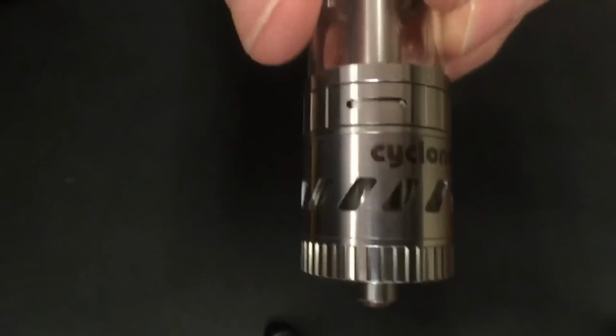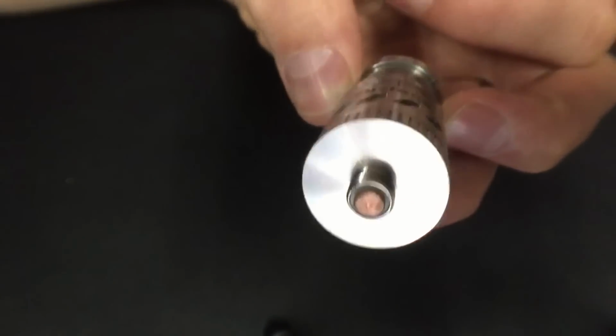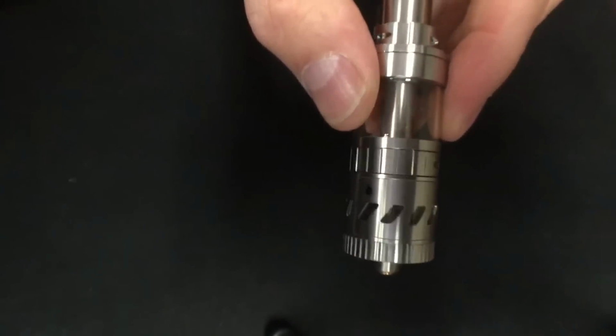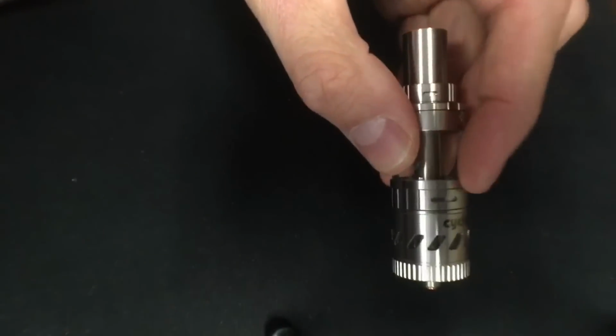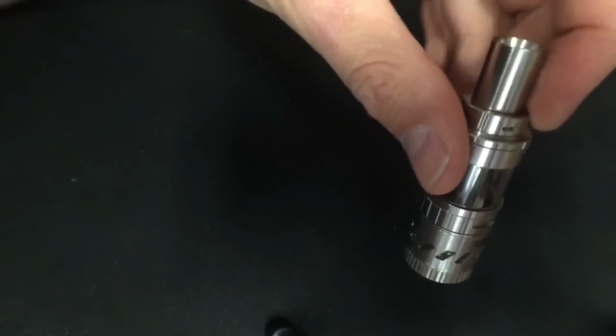First, let's talk about, here's the close-up. Nice copper 510 connection. Notice there's no bottom airflow. Notice there's this interesting chamber in here. That's actually where the coil goes. Here's the juice chamber. Here's middle airflow and then top airflow. This is not in the top cap. This airflow here,